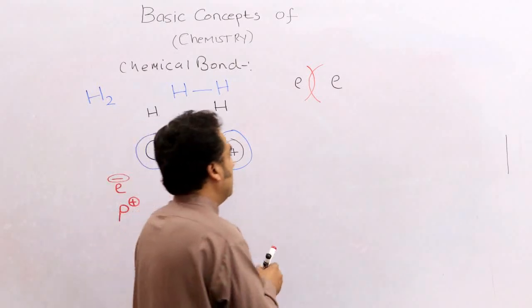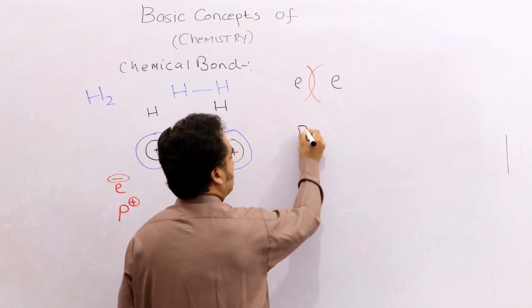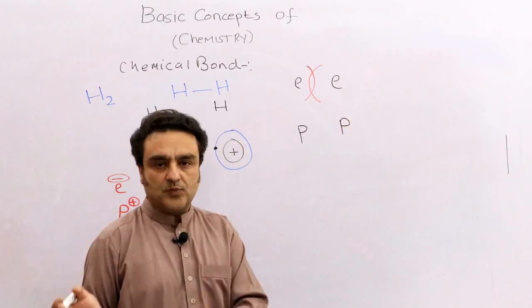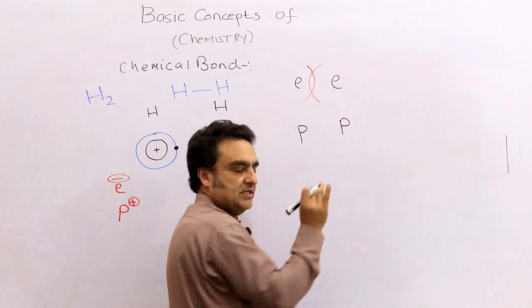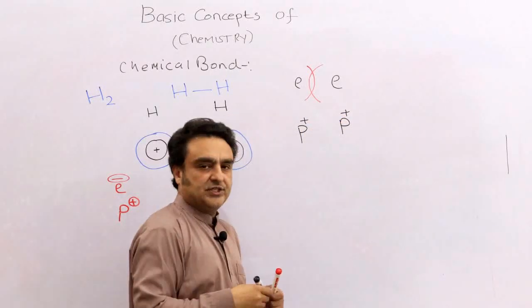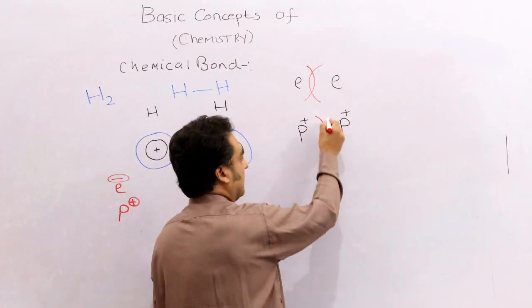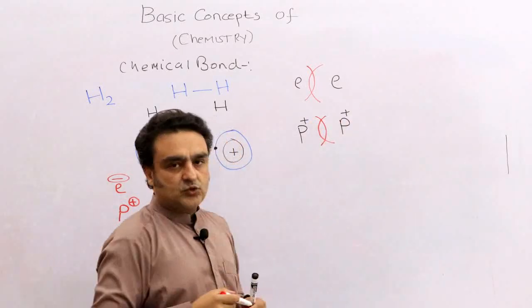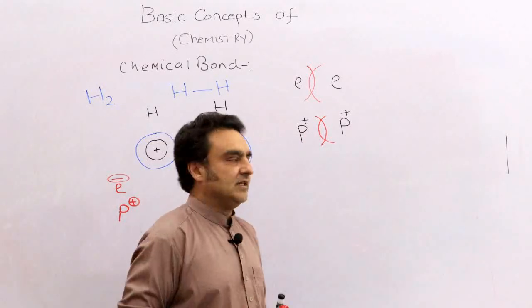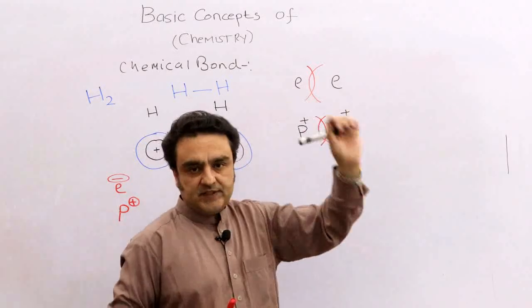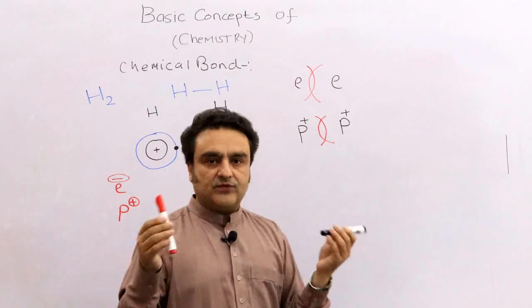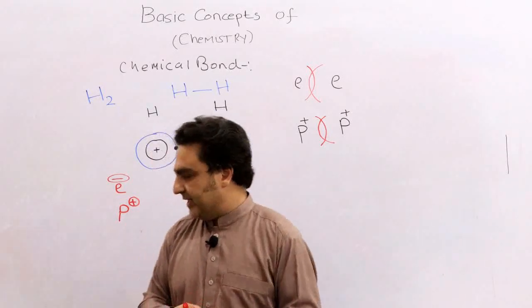This proton and the other proton are also positively charged. If you place them in a small space, again they will start repelling each other. Because a proton is +1 positive charge and this is positive, positive things repel each other. Here an electron is a negative thing and the other electron is a negative thing, and when you bring them together, what will happen? They will repel each other. Okay,